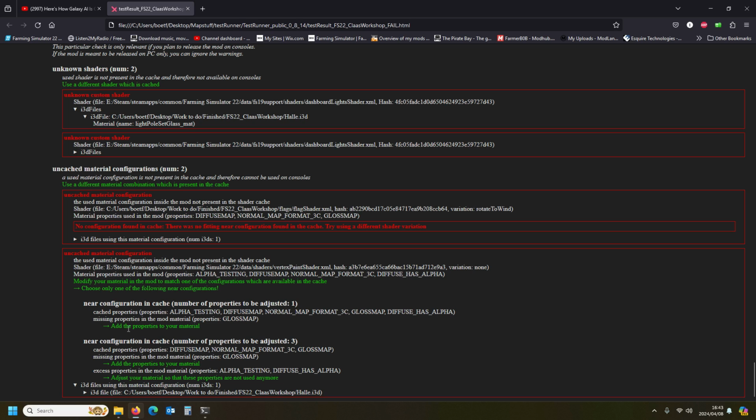And it says here, add the properties to your material. Now it says near configuration in the cache, number of properties to be adjusted. Cache properties alpha test and so on, gives you what is there. And then it says the missing property in the mod material is the gloss map. So we have to add a gloss map. So it says add the properties to your material. So we have to add a gloss map towards